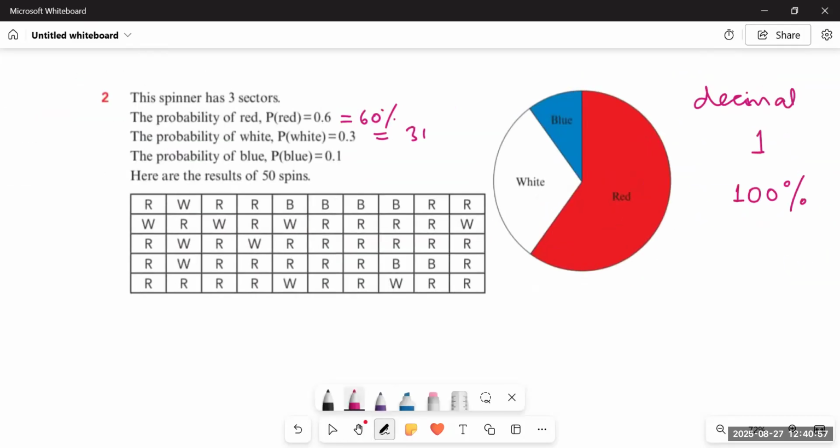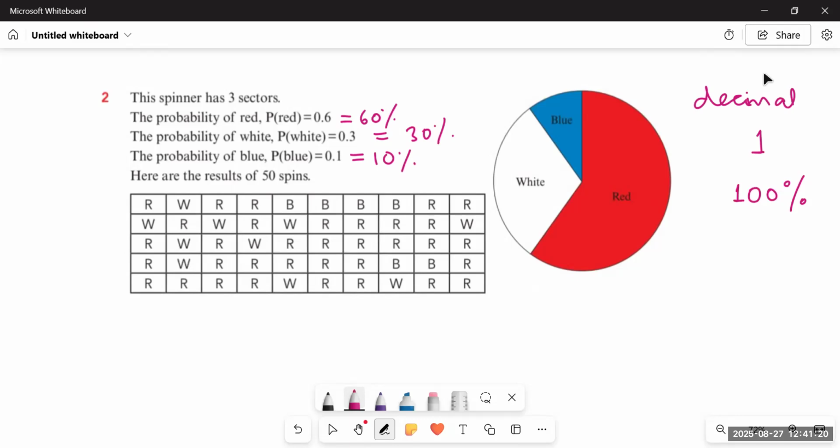What are they saying next? Let's see. What is this probability actually? The probability they are telling us is the theoretical probability. This is not the experimental probability. Just like we had 50% probability of head and 50% of tail as theoretical probability in the previous question. Same here, we are getting 60, 30, and 10 as the theoretical probabilities.